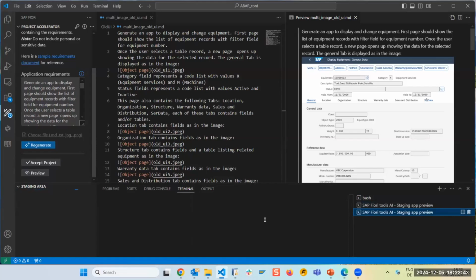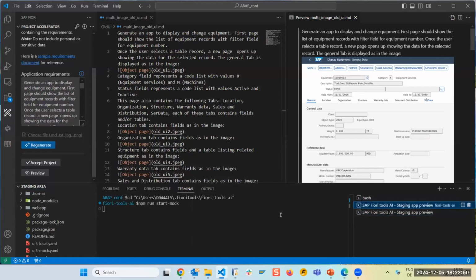Suspense is great, right? Okay. npm run start mock. This is one of the scripts which we generate per default with our generator. So we are starting the app now with mock data and not with real data because the database in the backend is not yet filled. So the mock data is local. This is also something we have to look into, to make it possible to use data in the ABAP system.